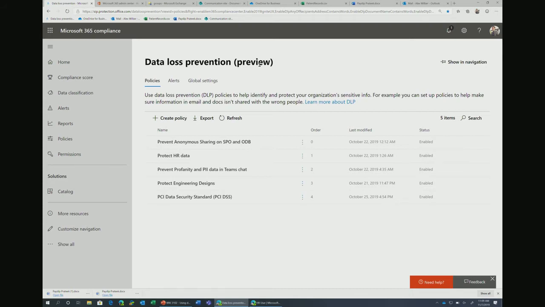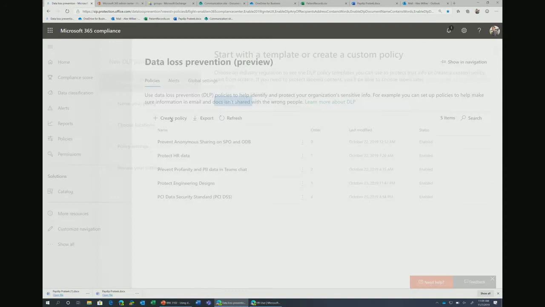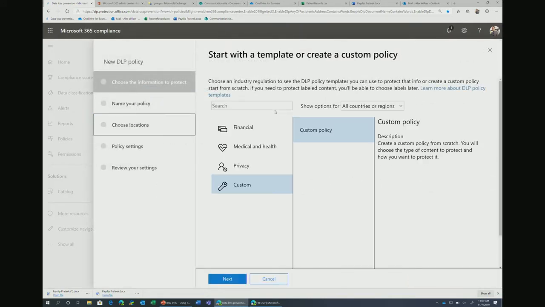the Compliance Center. So here you can see my organization has several different policies that I put into place that are intended to help protect and prevent sharing of sensitive data. I'm just going to go through the authoring experience and show you how some of these pieces work. Now, one of the first things that we've invested in our solution is a robust